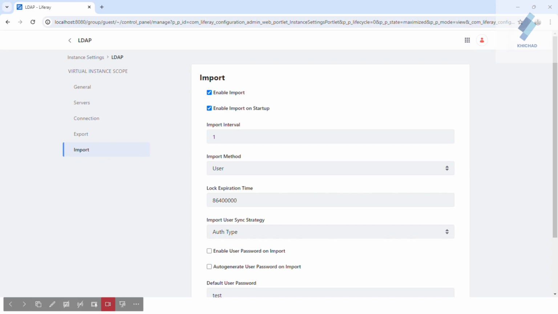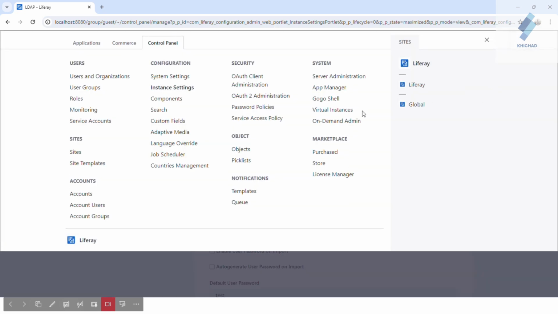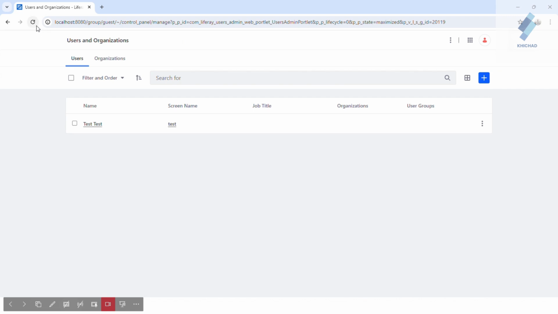And now go to the control panel again and select users and organizations and wait until your users are imported or not.